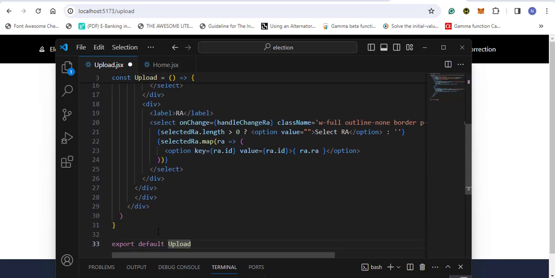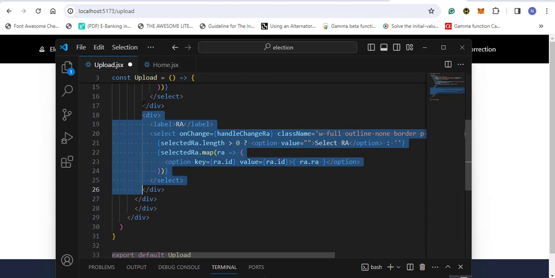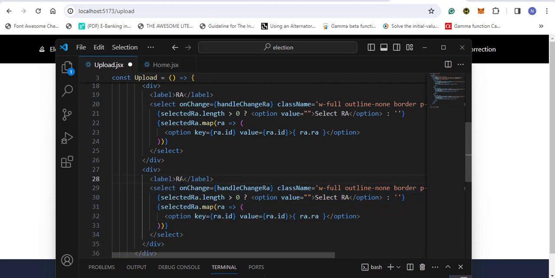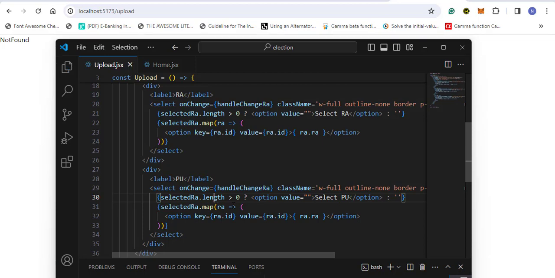Okay, so now I want to do one more. This div, let me select it completely like so, and then I will do Shift Alt down arrow key. Then this is going to be PU. And then this should say select PU. Just like how we did the other one as well. Of course, if I save this, my work is going to be broken, as you guys have seen, because